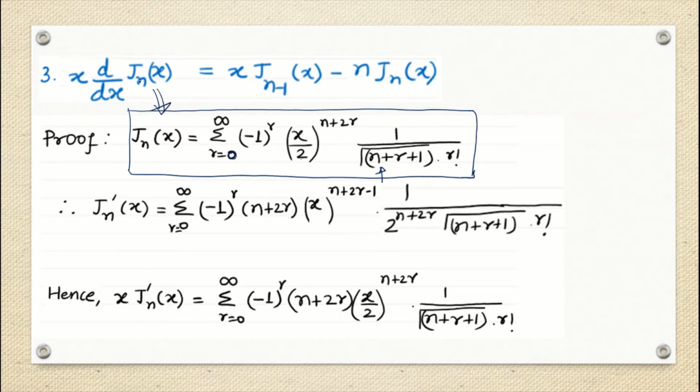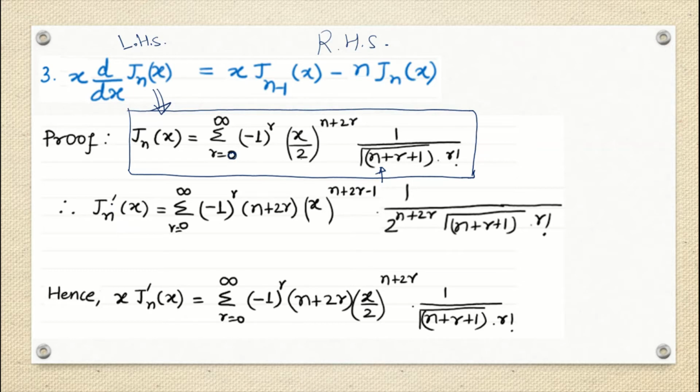Now we know that this is my J_n(x). We always have to see what the left hand side says, and based on that we find out what form of the right hand side they want, and we try to convert the left hand side into that form. So first we work on the left hand side. We have written down J_n(x), and now we are going to find its derivative, d/dx of J_n(x).